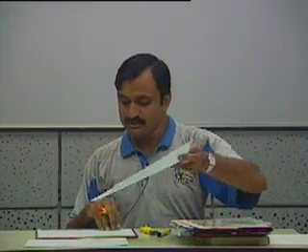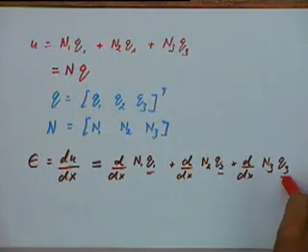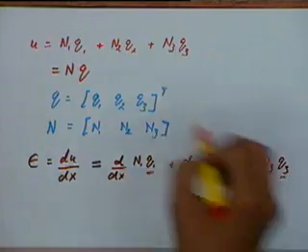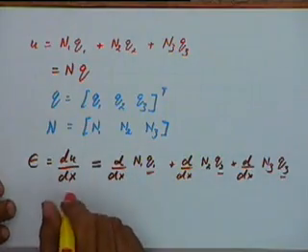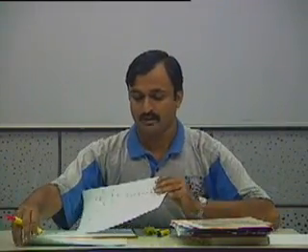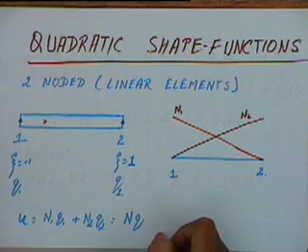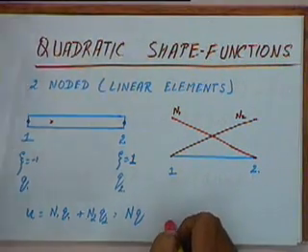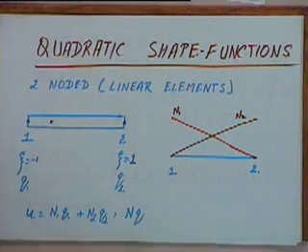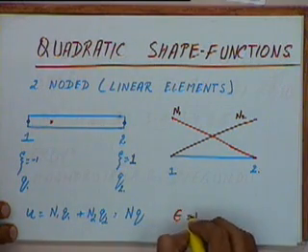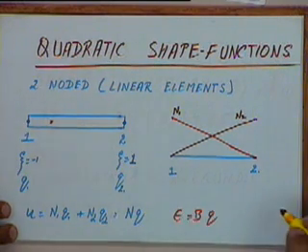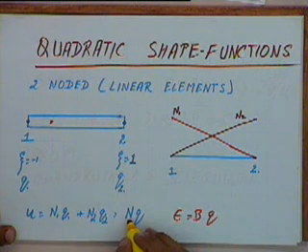So if you use this, we can evaluate this derivative. If you notice, the steps that we are going to follow will be the same as the steps we had for the two noded element. The first two noded element that we have taken, linear elements, there also we defined u equal to Nq. From that we found epsilon. Once we found epsilon, we got epsilon equal to B times q. Here B is nothing but the derivative of N.